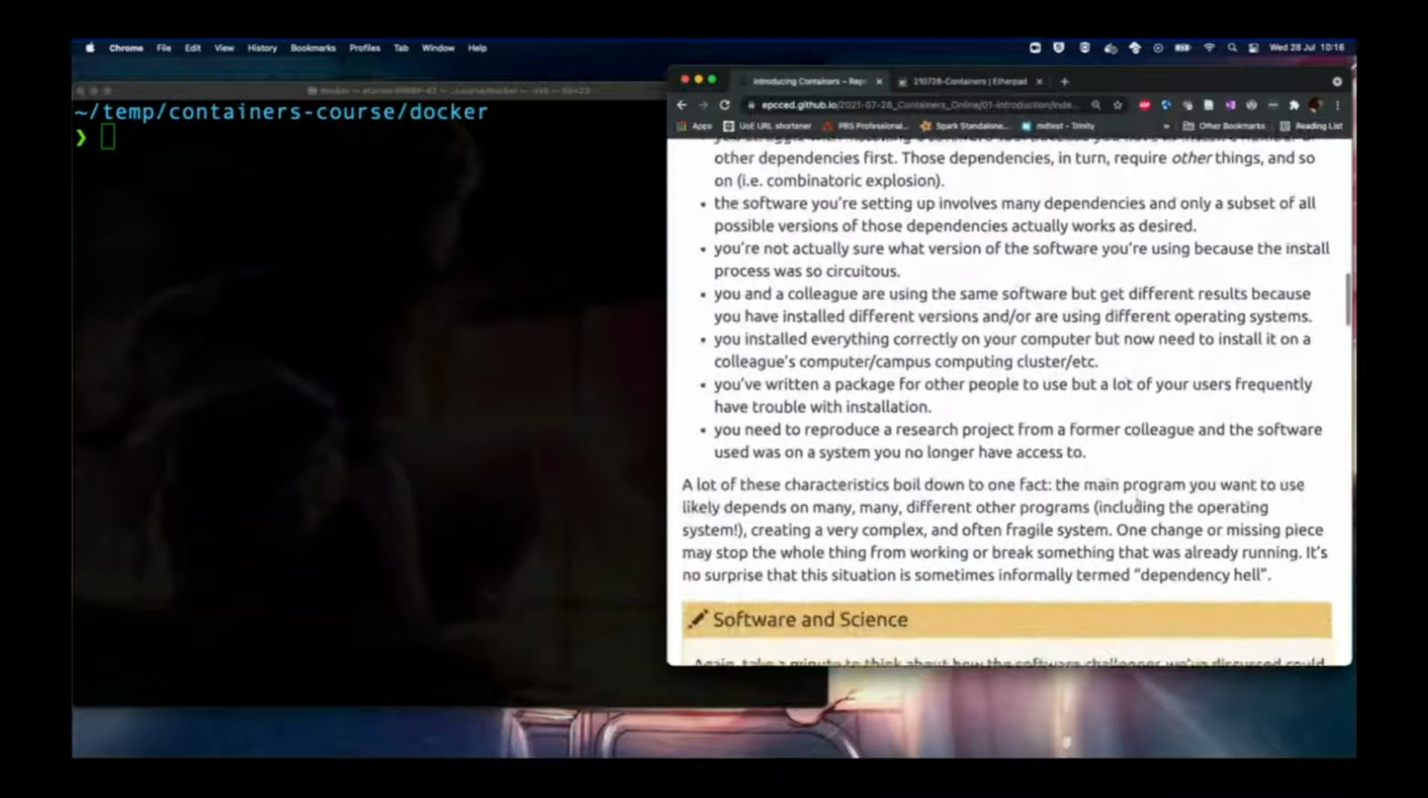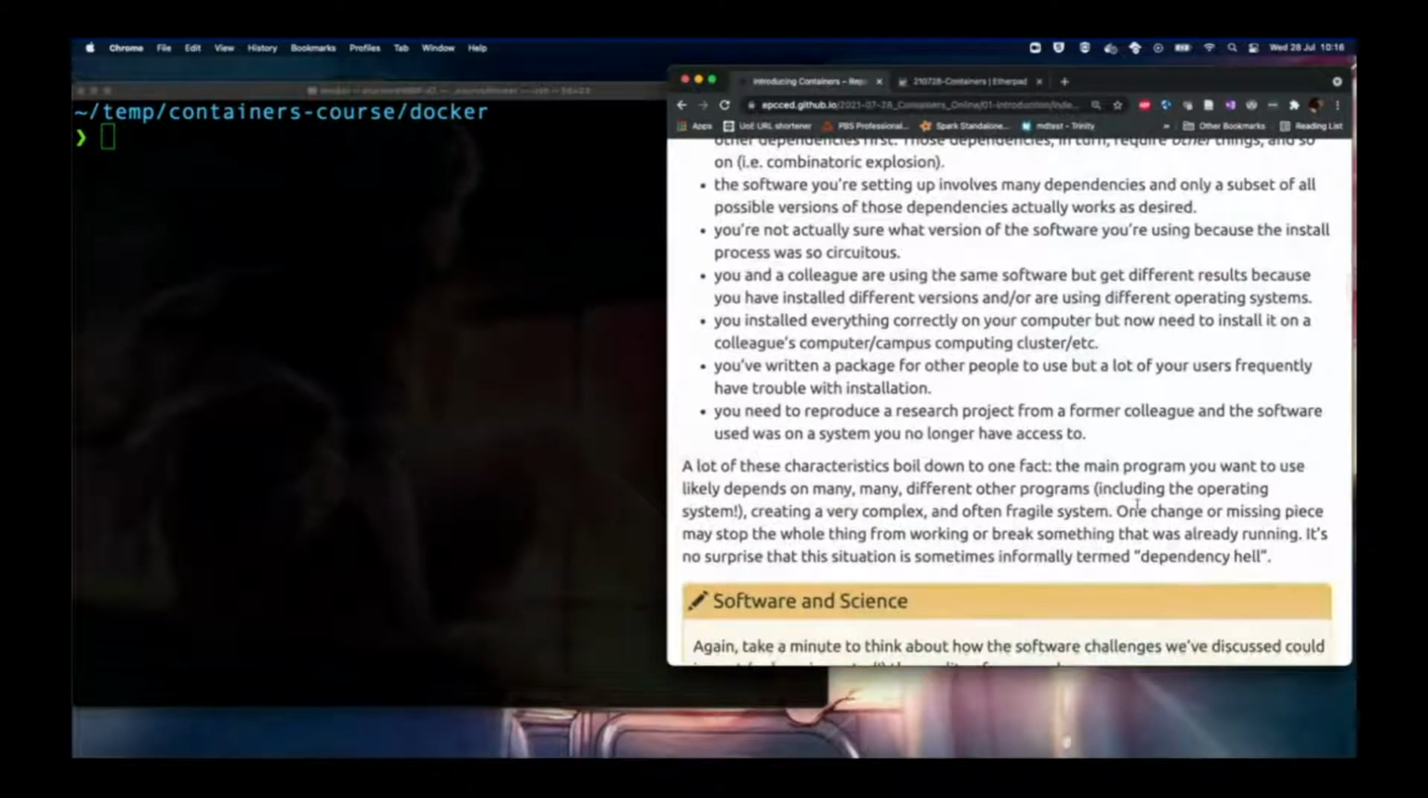All these characteristics really boil down to one typical fact: the main tool or tools you want to use depend on many other bits of software, including the operating system itself. And it can create a very complex, often very fragile system. One change or missing piece can stop the whole thing from working and break something that was already running. And it becomes complex to actually get back to where you were previously, or for somebody else to try and